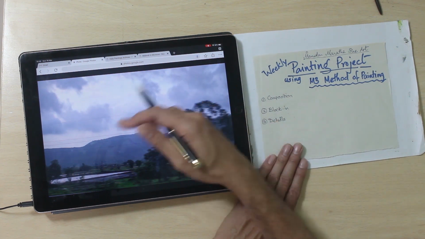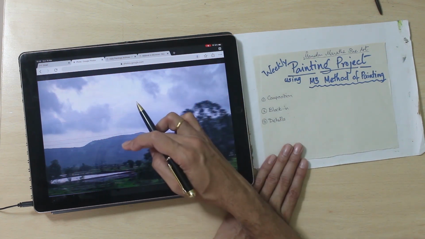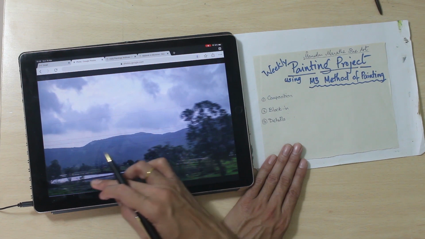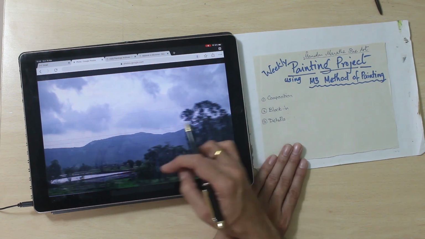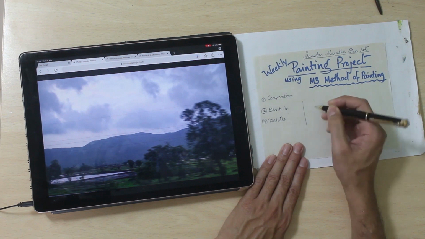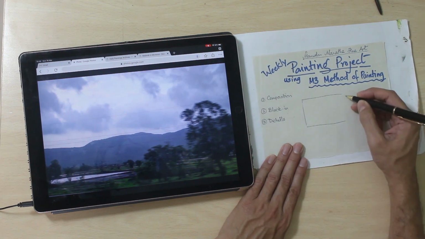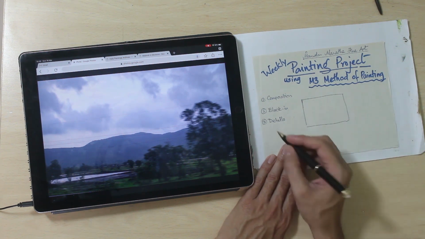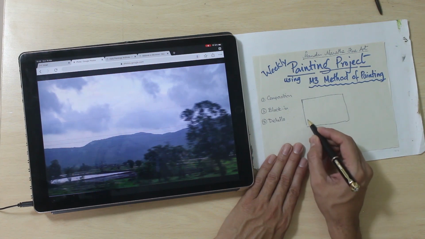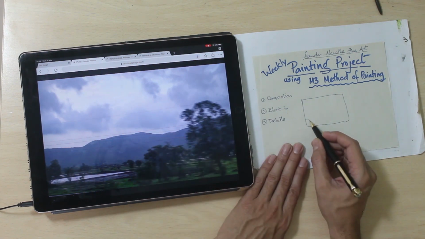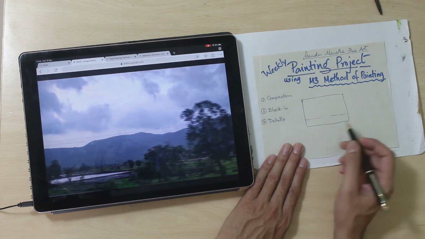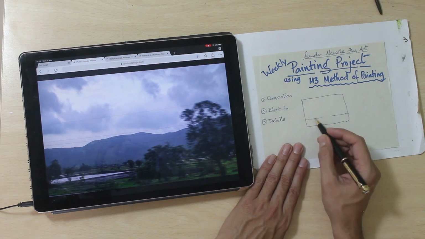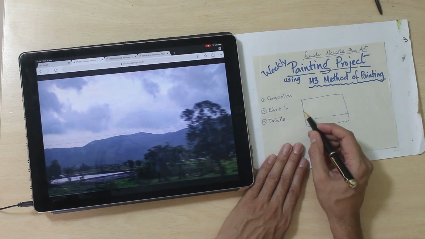The major shapes from this photograph which I want to use are the sky, this mountain, this foreground which has a lot of green grass and some puddles of water, and one or two big trees. So I have chosen a landscape format of the paper, and the horizon line or the bottom of the mountain in this case will be somewhere here. Remember not to cut the vertical into halves with any lines,